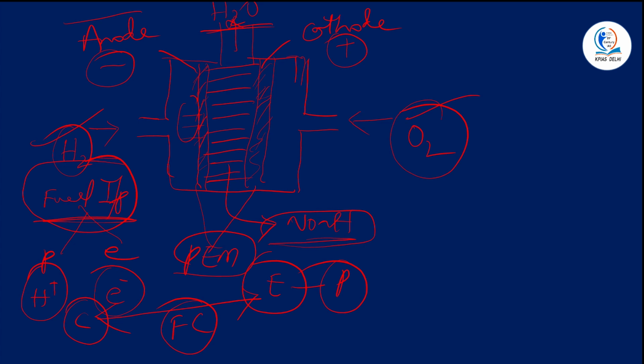Like for example, the Apollo space program has also used this particular fuel cell. And the water vapor that is produced during this reaction is also condensed, and it can help the astronauts to use it for drinking purposes as well. So the supply of drinking water can also happen by utilizing this hydrogen and oxygen fuel cell. So there are huge advantages that you can accord for this particular fuel cell.